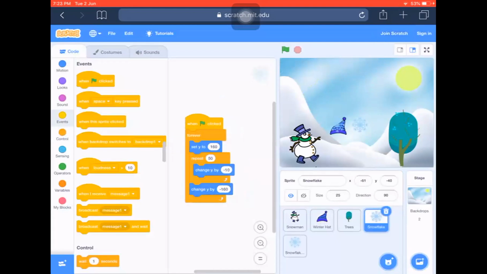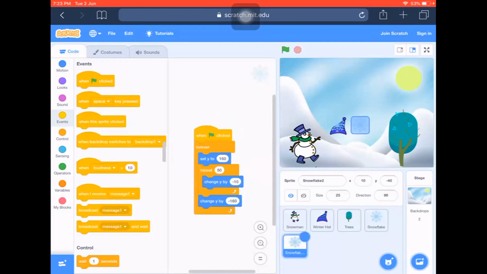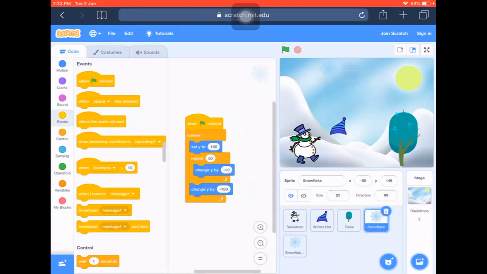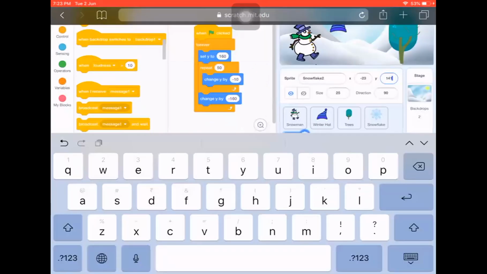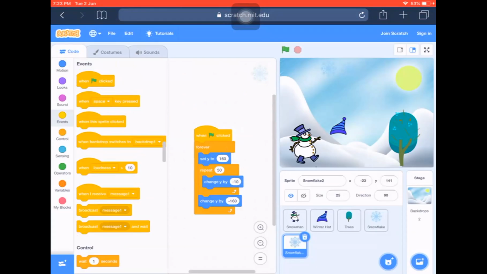Set y, change y, very good. Very nice. So this is something new you did, right? Very good. You are changing y. And how did you calculate that? So I saw in this Y. Okay, but that's very nice. In fact, you are able to understand, since we are starting from the top, when the snowflake comes down, we again have to change the y again. Very good. Thank you. Very nice.